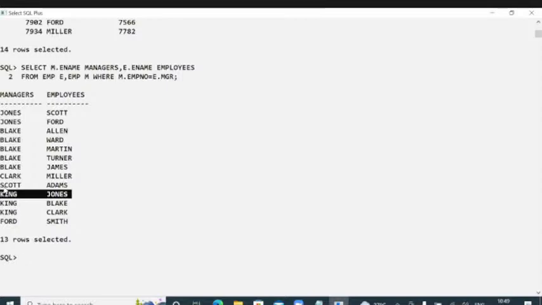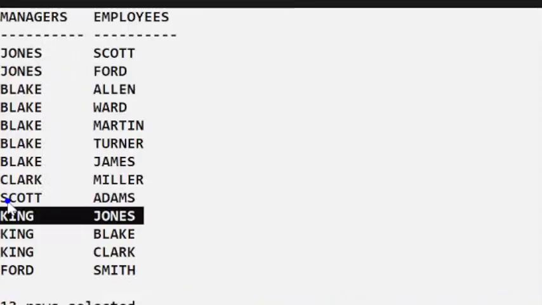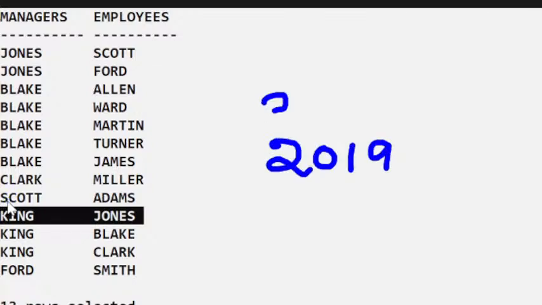This is also a doubt. Possible or not? Possible. For example, why is it not possible? For example, see, 2019, 2020,